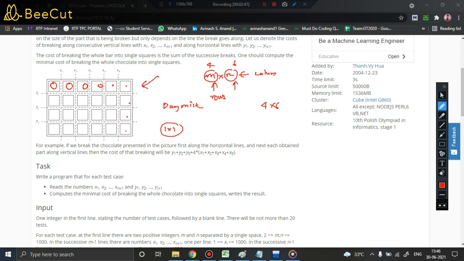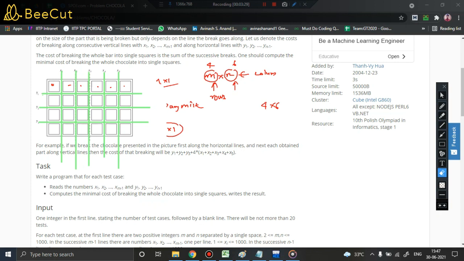It is obvious that in order to divide this chocolate uniformly, we will be cutting it along the edges. So what are the edges? You can see these are the edges. I can cut along this edge, then this edge, 2, 3. So you see 1 2 3 4: in 3 slices you got 4 horizontal bars, and then I'll be cutting it vertically. 1 2 3 4 5. Cool. Now you can see that we have successfully divided our chocolate into small squares, each of dimension 1 cross 1.